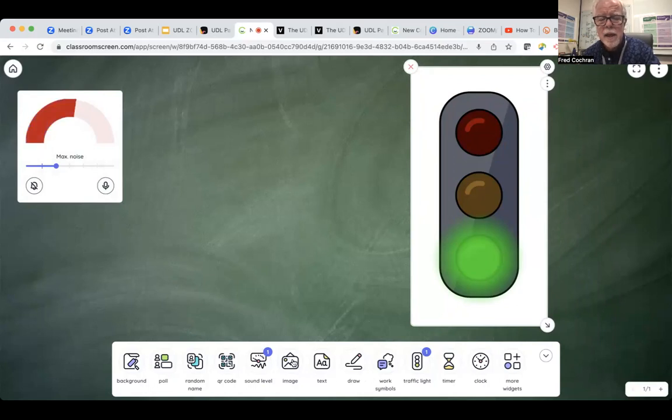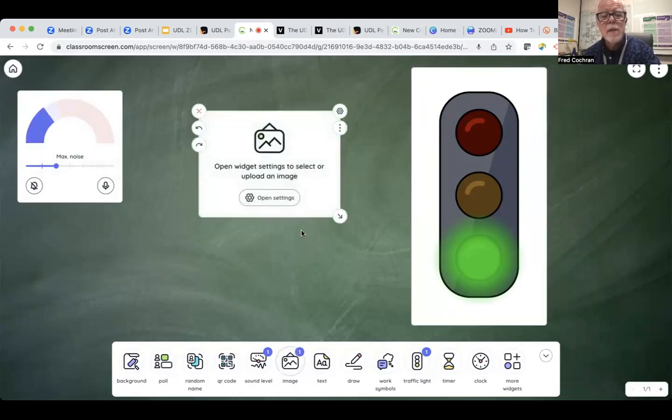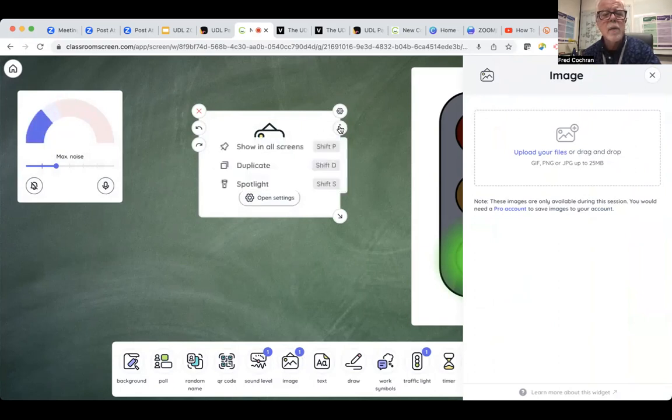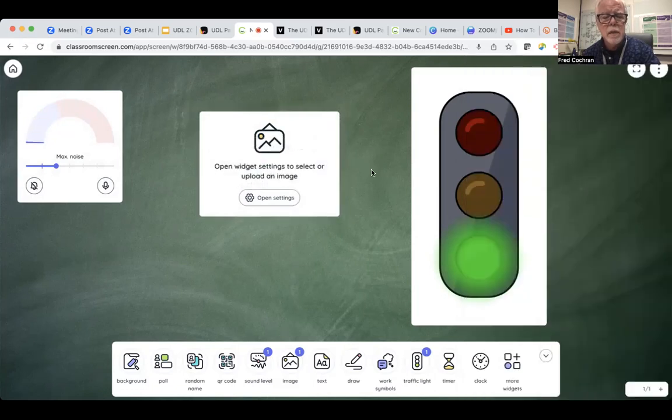Another one that I really like here are images. So I'm going to open up the settings for this. I think I'm going to do this right, and probably not. Let's see. What I can do here is tell it that I want to insert, like, it's time for turn and talk, or it's a group discussion.